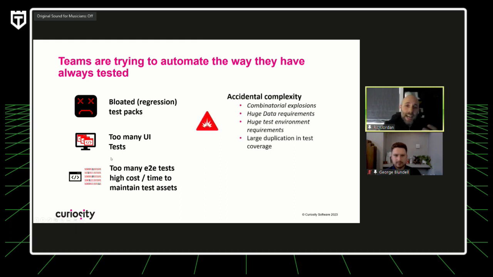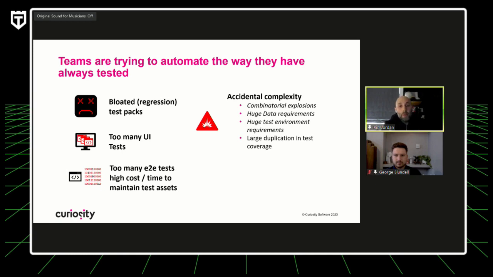And what we're really talking about here is injecting a lot of accidental complexity into our testing process, or you could see overall our development process, right? Because we're doing so much end-to-end testing, for example, we've got combinatorial explosions. If I go from one system and jump through an interface to another system, I'm multiplying out the test cases for one system by the test cases for an interface by the test cases for another system, right? So I've just got a massive explosion in terms of the amount of testing I need to do to get a level of coverage. And it's doomed to failure.